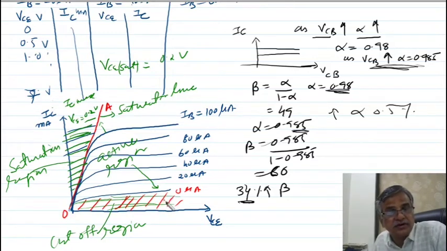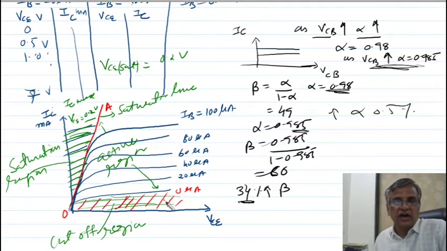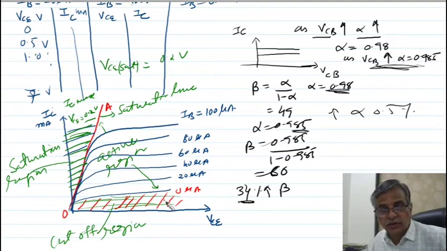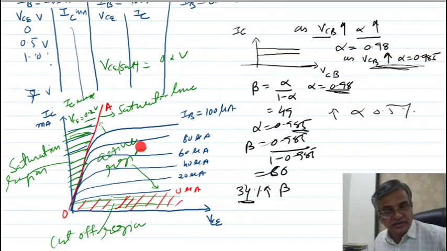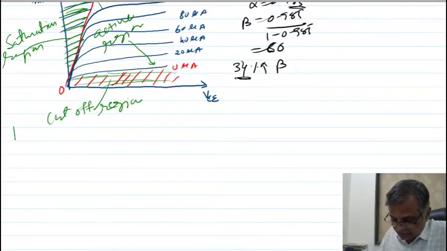When you are operating your transistor in a cutoff region, output voltage is of the order of VCC, and resistance offered by the transistor is very high. In active region, the emitter base junction is forward biased, collector base junction is reverse biased. If you want to operate transistor as a linear amplifier, then you have to use the active region of the transistor. Let us discuss the H parameters.